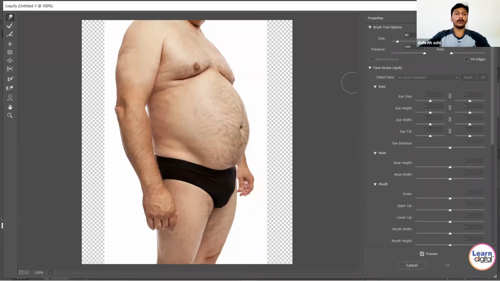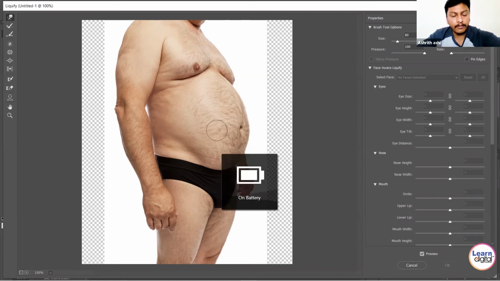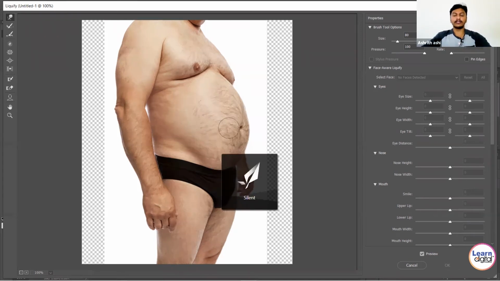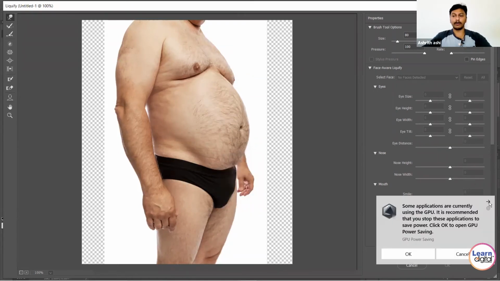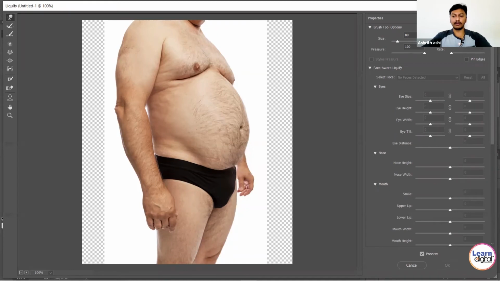A new pop-up window will appear. We'll work with the brush tools, and on the left side we have a few more options. So how do we use these? What are the main things you can edit with them? Fine, you already know what Liquify is and its main uses. With the help of Face Aware, you can do these things.